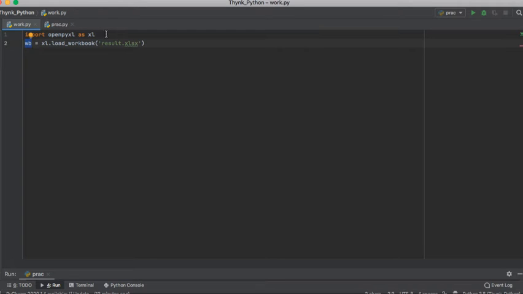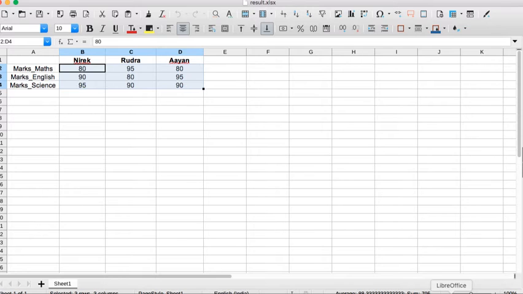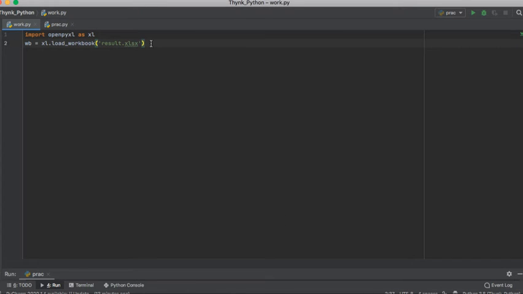So far so good. Okay, so now we have reached the workbook. Now I need to access the sheet of my workbook. If you have noticed here, I have only one sheet here by the name of Sheet1. So that is the default name. So to reach Sheet1 and to access it here in PyCharm, we can use this object wb like this, square brackets, and type the name of my sheet, which is Sheet1.